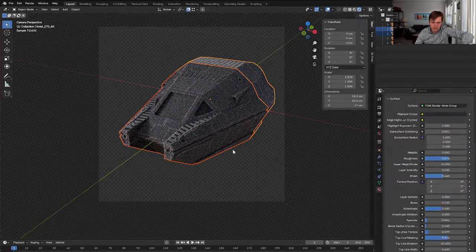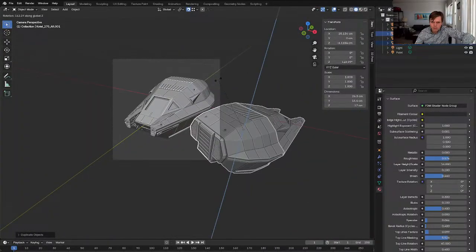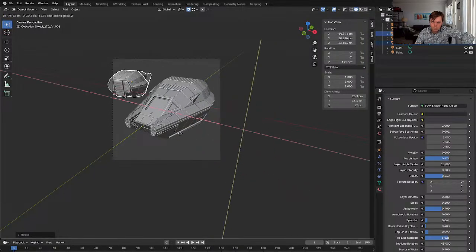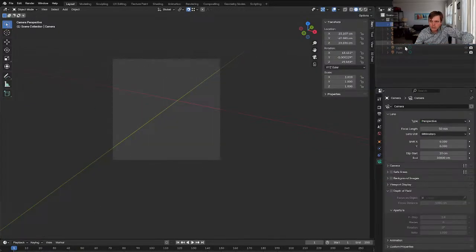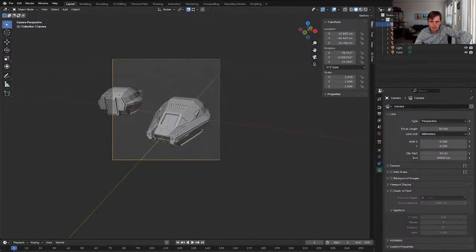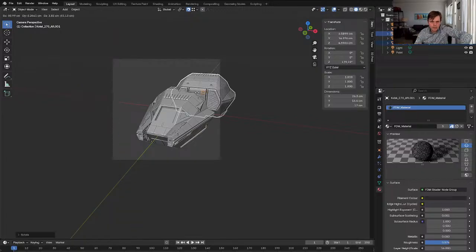But why am I doing this? I can instead just do this. Oh, what did I just do? Oh, I hit the wrong key. And you don't want to join these because it will mess with how it does the...